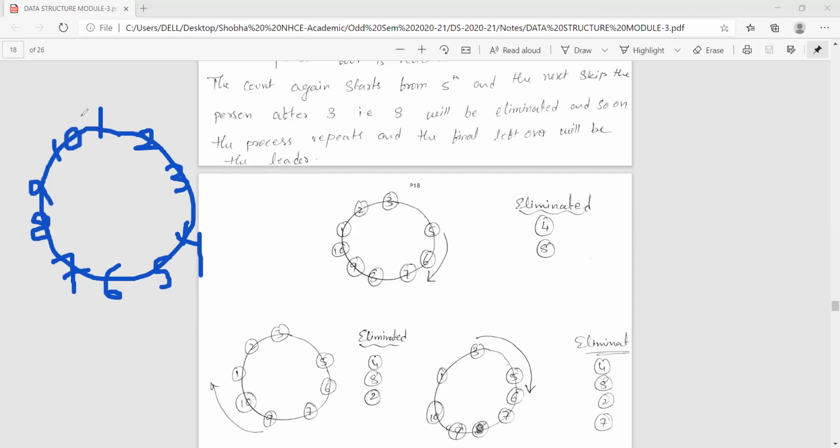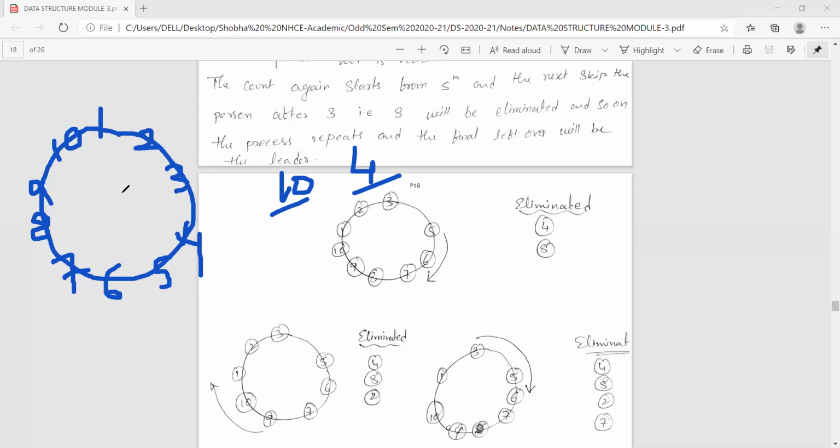You can start anywhere, but the thing is it should be in clockwise direction, with the number of persons and which person is to be skipped. Suppose here the number of persons is 10 and the fourth person is to be skipped. These are the two inputs that we are giving. If I start from the fourth, as you told, you will be moving this way, clockwise. But as per our algorithm, we will start from 1.